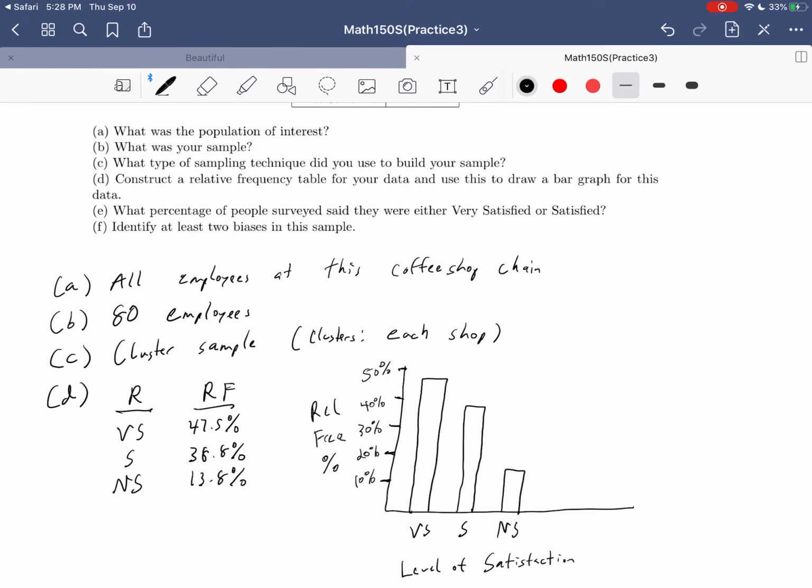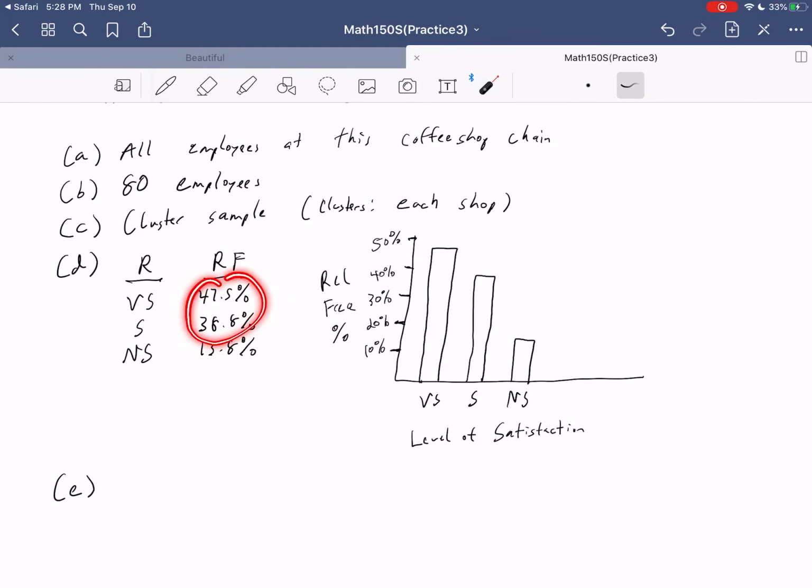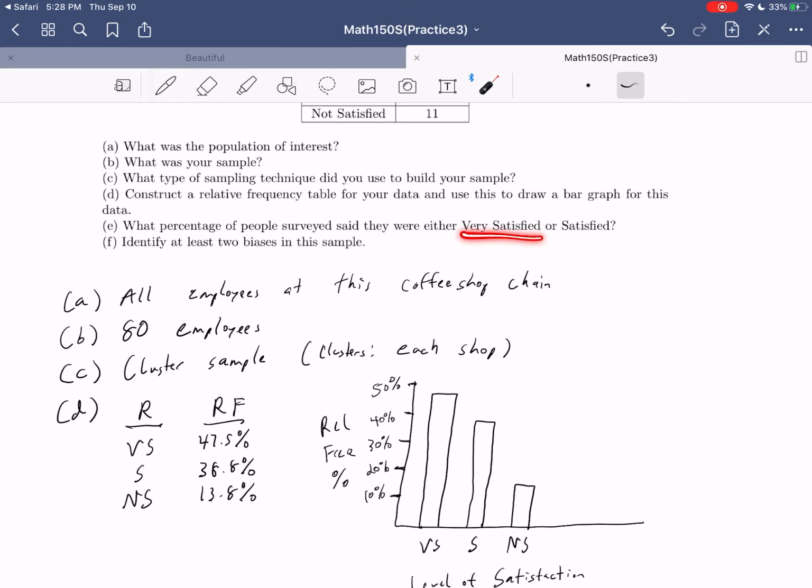We wanted to know what percentage of people surveyed said they were either very satisfied or satisfied. Remember, "or" just means to use addition. We have those percentages right here, so we can do 47.5% plus 38.8%. If we sum that up real quick, we can see that this would give us 86.3%. So in other words, 86.3% of the people we talked to ended up saying they were very satisfied or